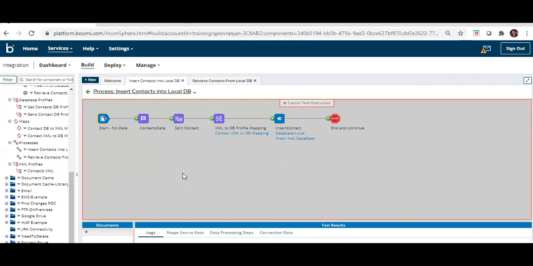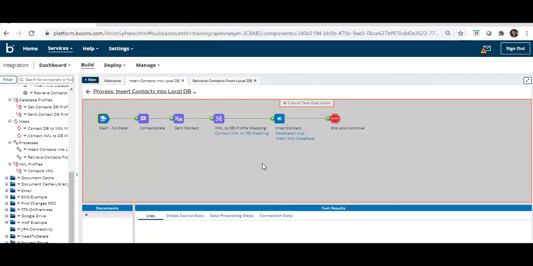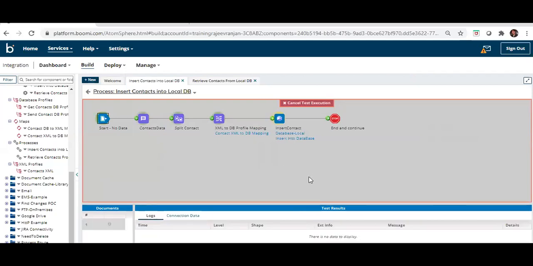To just see when it triggers, we will be able to see the five documents split by this process, and five records inserted into the database. So this is performing.